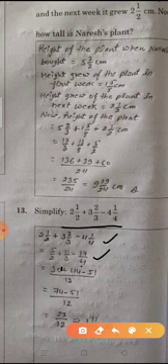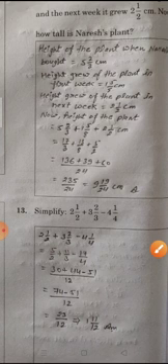Now we find the LCM of 2, 3 and 4, which is 12. So we make all denominators 12. We multiply by 6 in the first fraction, in numerator and denominator both. So 5 times 6 is 30/12. In the second fraction we multiply by 4 in numerator and denominator, so 11 multiplied by 4 is 44, and the third is multiplied by 3, so 17 times 3 is 51. So first we add 30 and 44, 74, minus 51. After subtracting we got 23/12. Then we convert into a mixed fraction. 1 whole 11/12 is the answer.